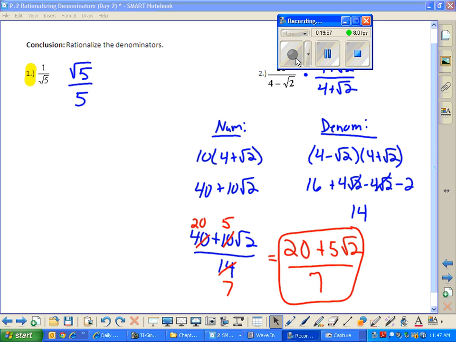What's up, John? You just need some help. Number 1, you just multiplied the top and bottom by the square root of 5. Oh, yeah, there's not really a whole lot of work to show. I thought you meant in the practice. No, you're good. Yeah, I got to walk around and check off your assignment from last night, so please make sure that's out on